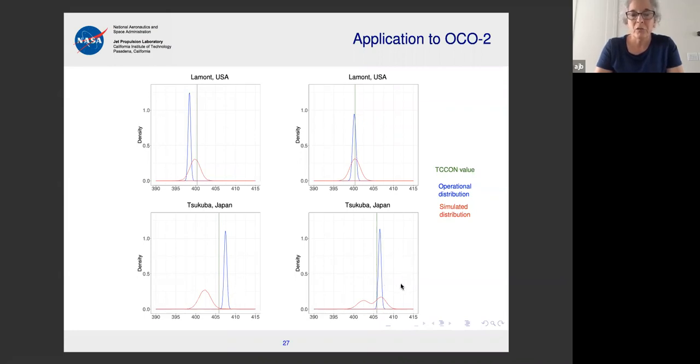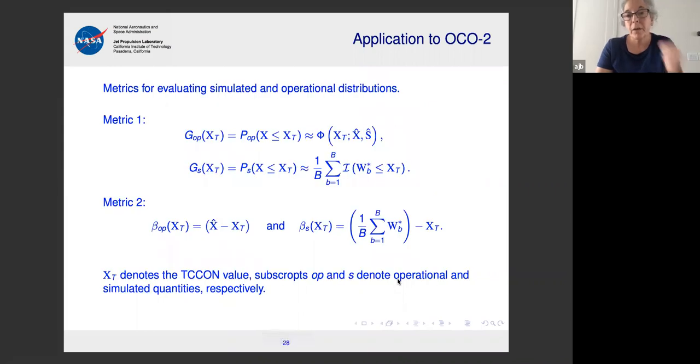And then there are some really interesting cases like this, where I would say the blue one isn't doing very well, and the red one is doing better, but it's really interesting that this is a bimodal distribution. It's not Gaussian. There's no guarantee that these red ones are Gaussian anyway. They may have heavy tails. We haven't actually gone in and quantified that, but it's pretty clear that in a case like this, where the distribution appears to be multimodal, you need something more than just the mean and the standard deviation, or the mean and the variance. So here are the metrics.